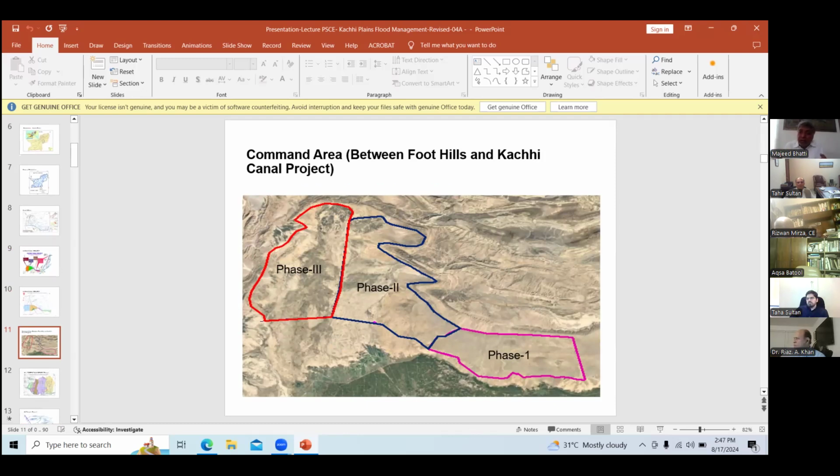So this area is about 900,000 square kilometers. It is a vast area which lies between the foothills of Suleiman Range and the Kachin Canal. All the water coming from the hill torrents hits the Kachin Canal, and last year in 2022, about 300 kilometers of the main canal in Punjab was badly damaged by hill torrents.